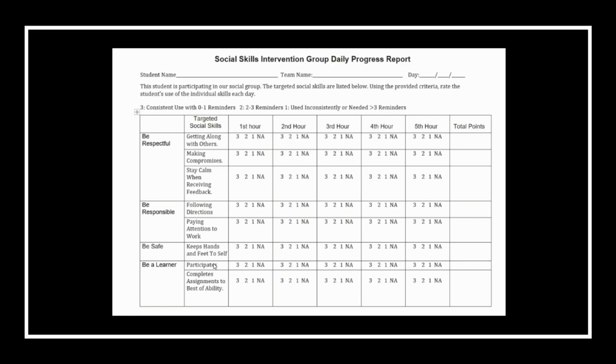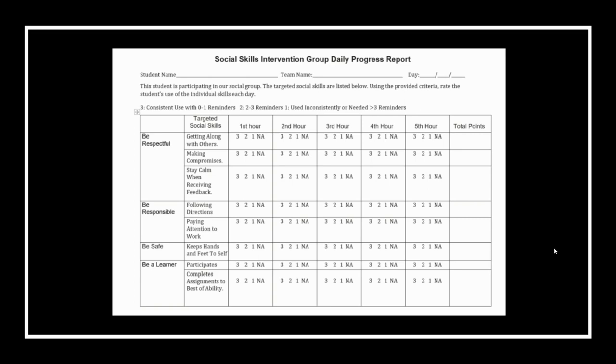Being a learner means they are participating and completing assignments. So, all of the skills that they're learning in those social skills groups, or that they have learned. Then you have across the top this time frame, which is going to look different depending on that student's schedule. Then we have the opportunity for those ratings, 3, 2, 1 in this case, or not applicable, meaning that that's not a skill that they